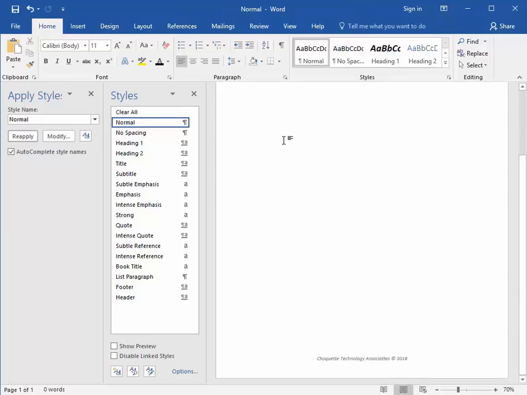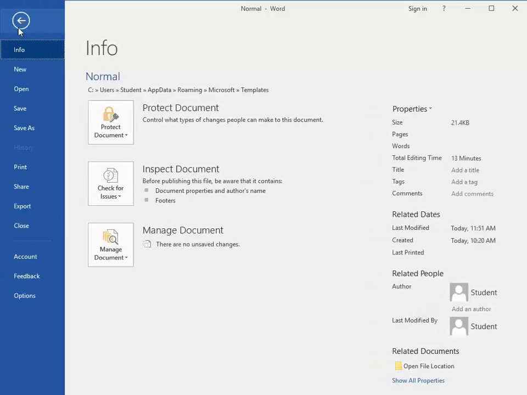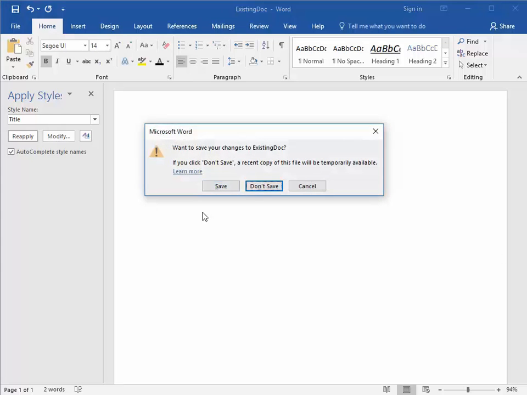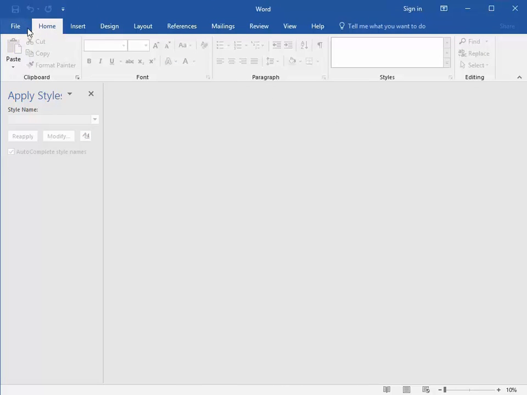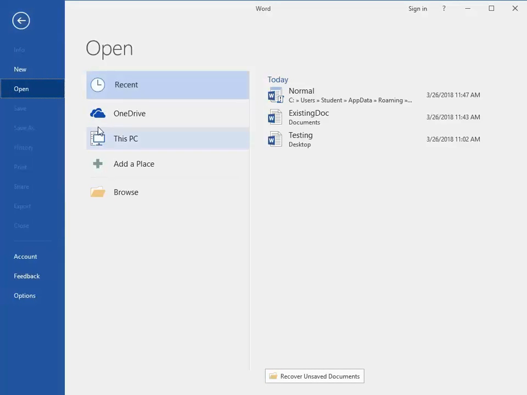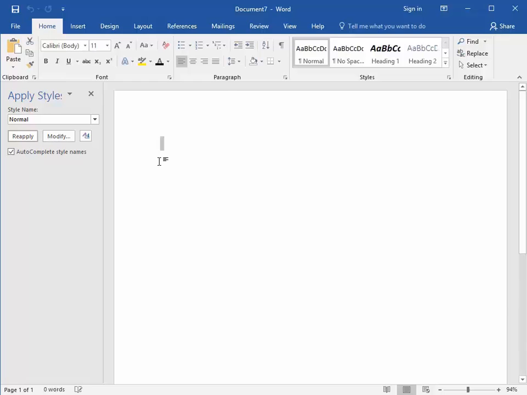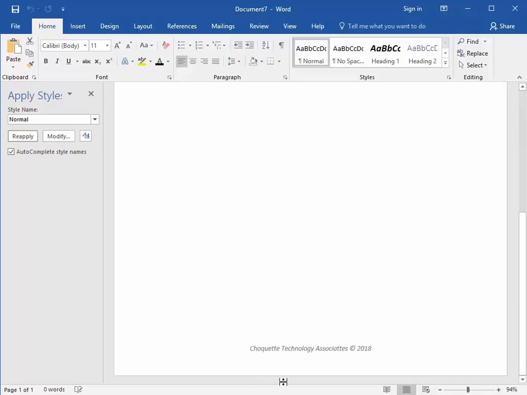What I've got is I've got my standard footer. I've got my styles modified. I can now hit Control S to save it, or of course File Save. And I can now file and close the Normal template. Now note what happens. Let me close the existing file that I have. Let me create a brand new document. Right? Now if I scroll down, you'll note that my footer, my standard footer, has been automatically added to my